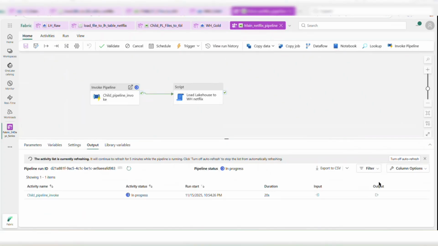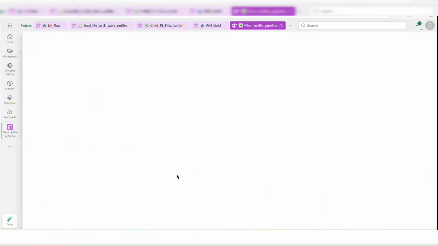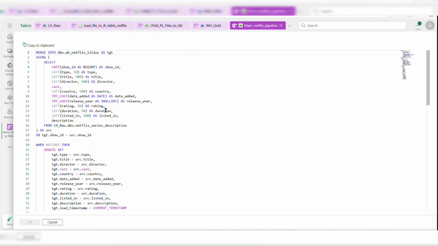Now here I'll add a script activity instead of a notebook, just because a notebook doesn't allow reading tables from the warehouse; it can only read tables from the lakehouse. So here we are using the merge statement, and we are merging the